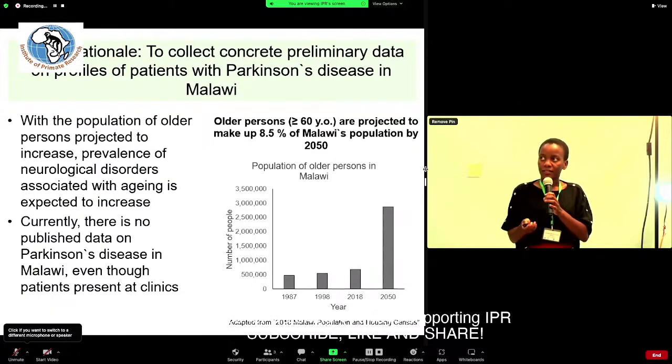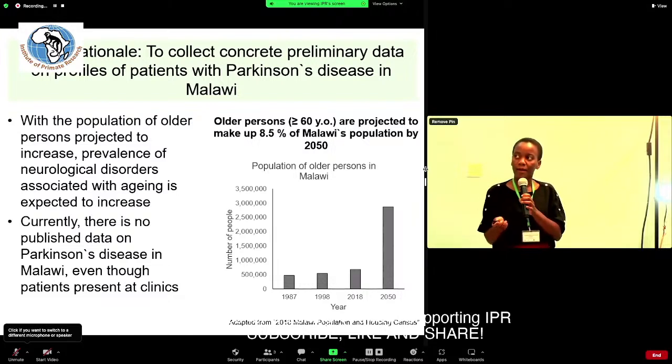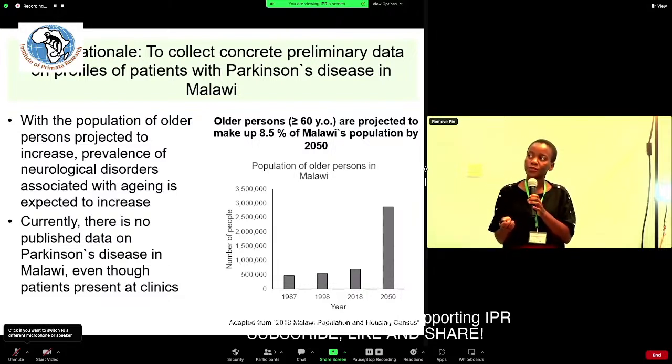The rationale of this project is to collect concrete baseline data on profiles of patients with Parkinson's disease in Malawi. We've been thinking of the aging population, because older populations, those 60 and above, are projected to make up about 8.5% of Malawi's population by 2050. That is an increase of quite a large magnitude if you compare from 1987 or 1998, 2018, and then the projection